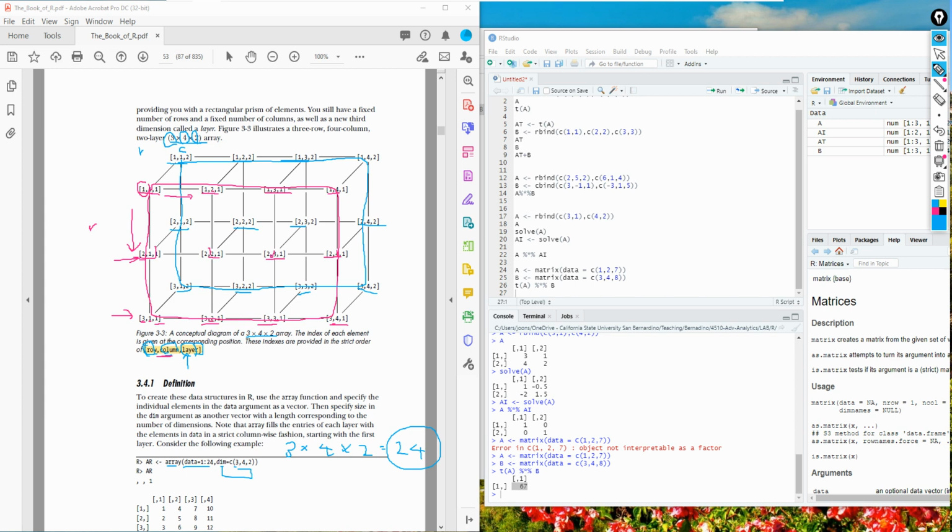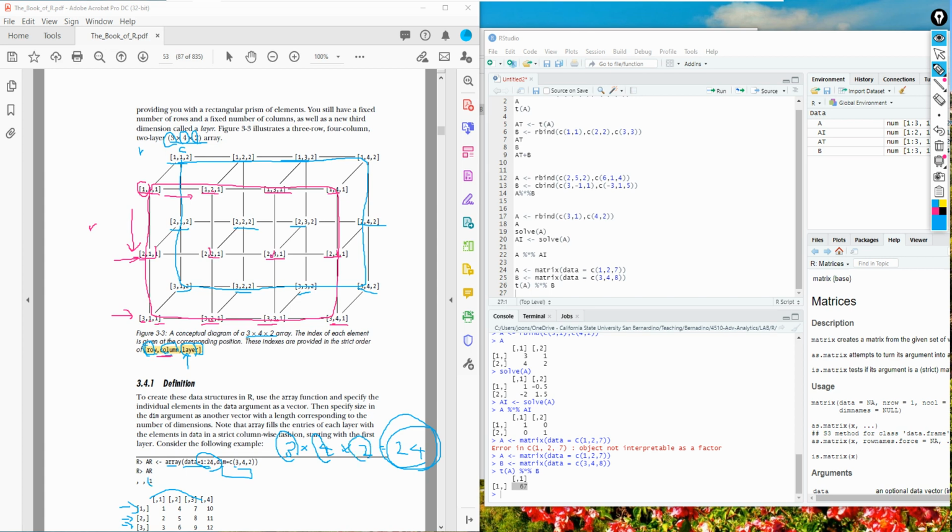If the dimension is 3 times 4 times 2, you will end up having 24 elements. And that's why the vector is 1 through 24. Without any options, the array will be created in a column-wise fashion. So remember, this is the row, this is the column, and this is the layer.